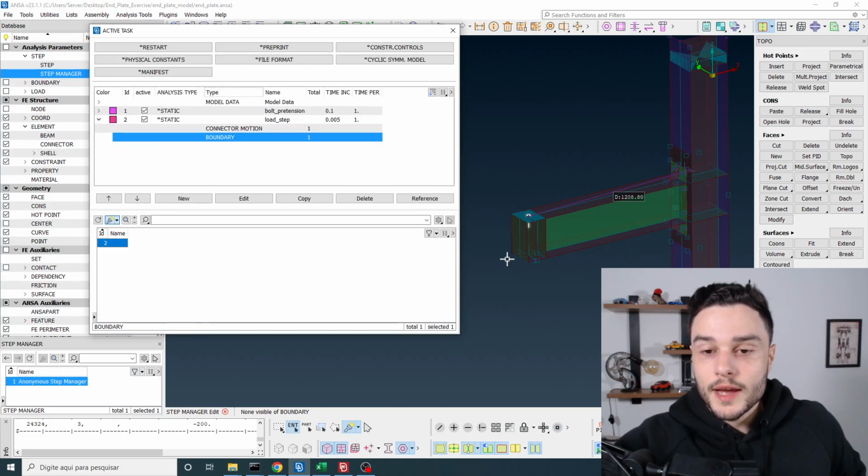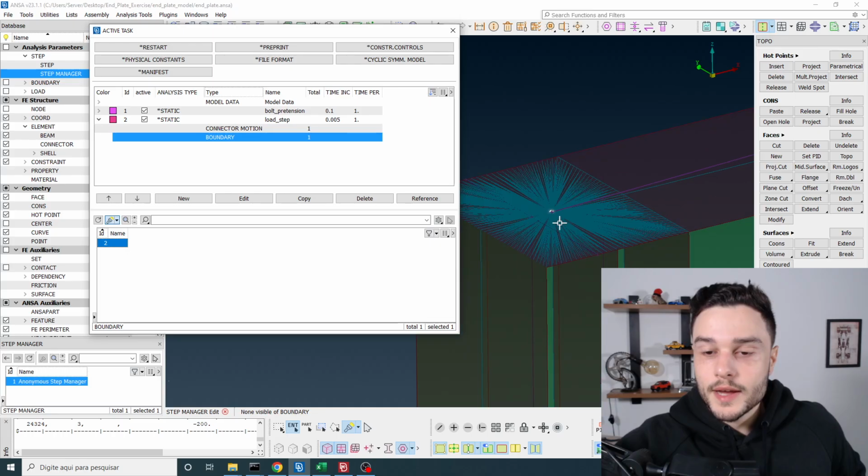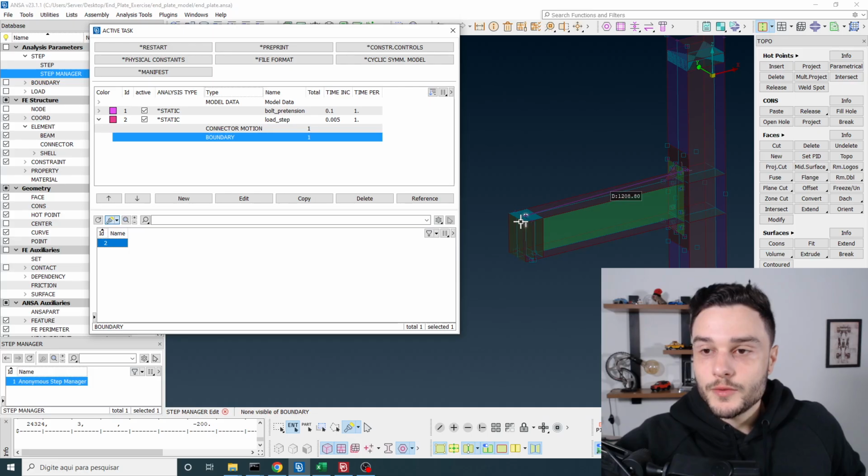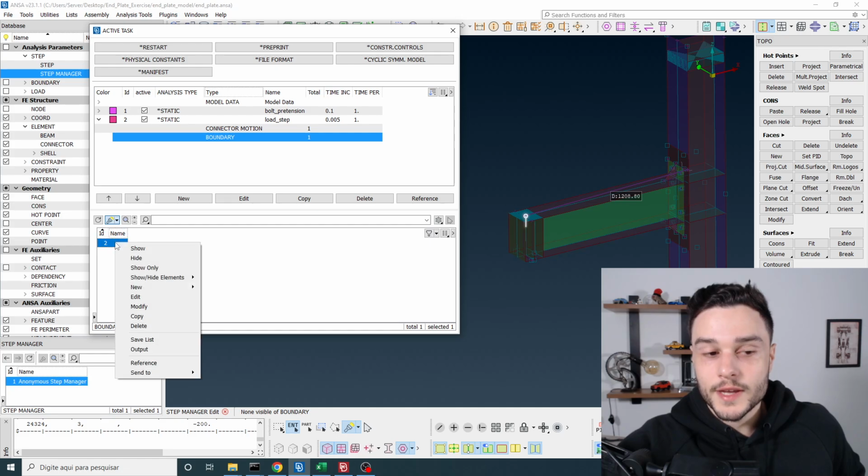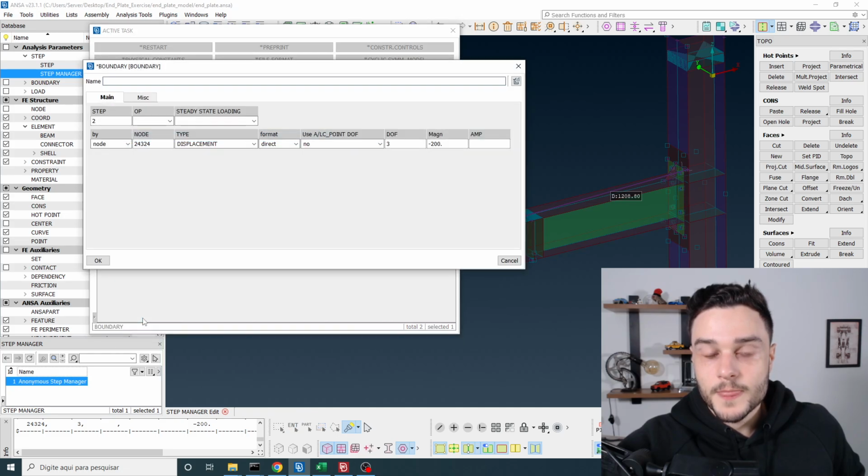Now I wanted to add one additional boundary condition at this same node to fix displacements in the y direction and also to fix some other degrees of freedom. So since I want to apply this boundary condition on the same node and at the same step, I'm going to get this one, right click and copy. So we have this boundary condition applied at the second step at this node, but the degrees of freedom are going to be